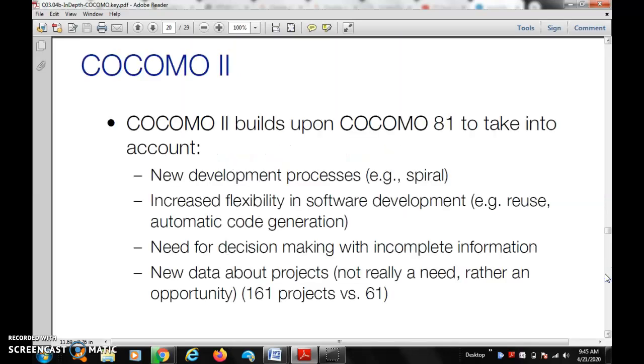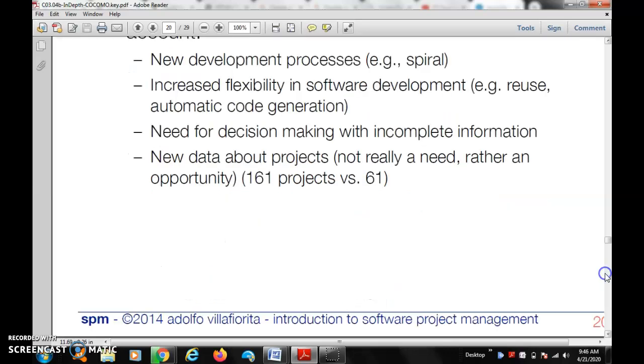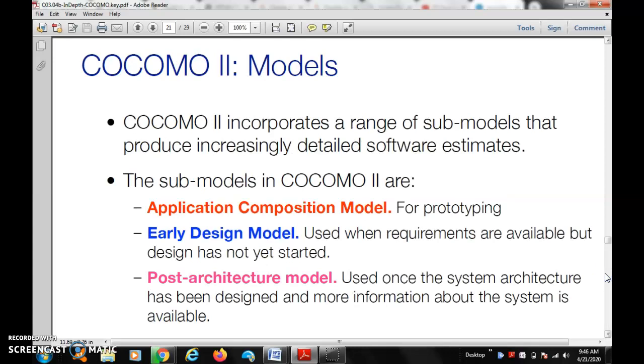COCOMO 2. So COCOMO 2 builds up on COCOMO 81 to take into account the constructive cost model, advanced new development processes, increased flexibility in software development, and the need for decision making with incomplete information and new data about projects. So these are all COCOMO 2. Here COCOMO 2 incorporates a range of submodels that produce increasingly detailed software estimates. The submodels of COCOMO 2 are the application composition model, which is for prototyping, and the early design model, used when requirements are available but design